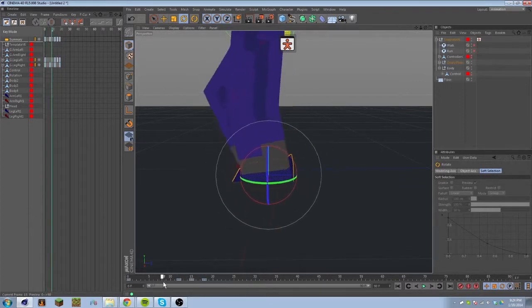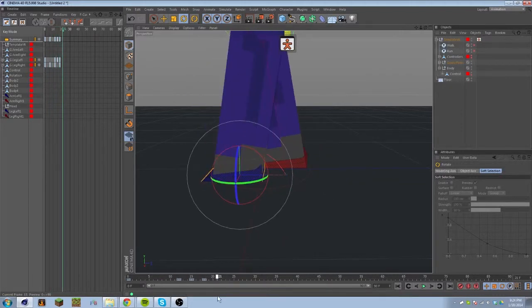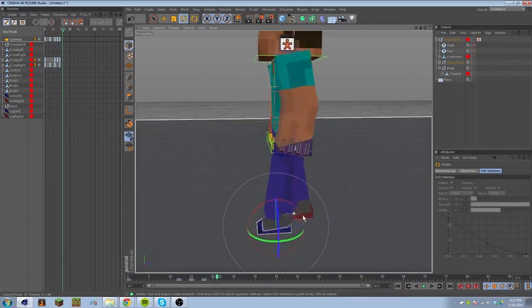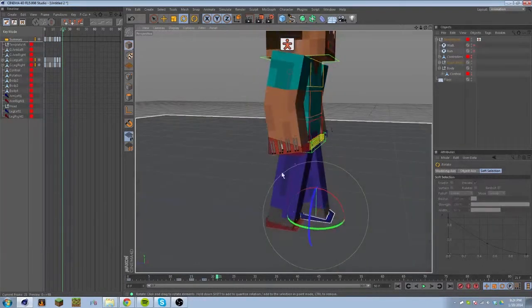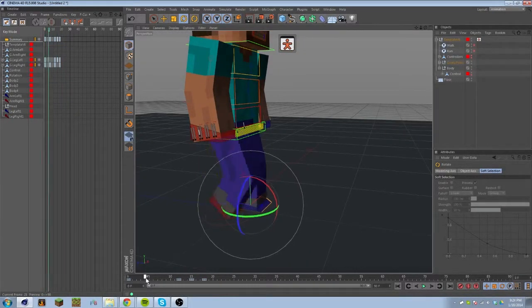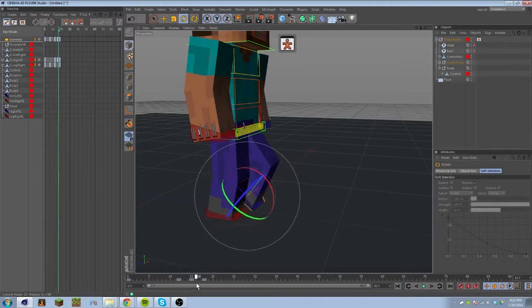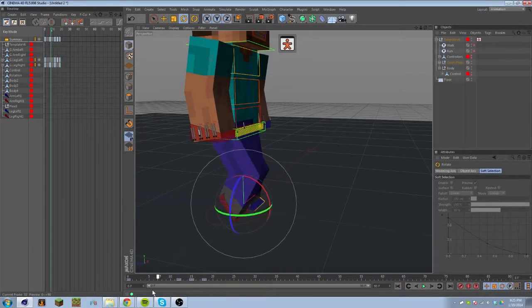So now we got this, right? Good, right? Okay. So now we've got the feet moving to a satisfactory level. If you hit play, wait, that kind of looks fast. So if it looks fast like that,